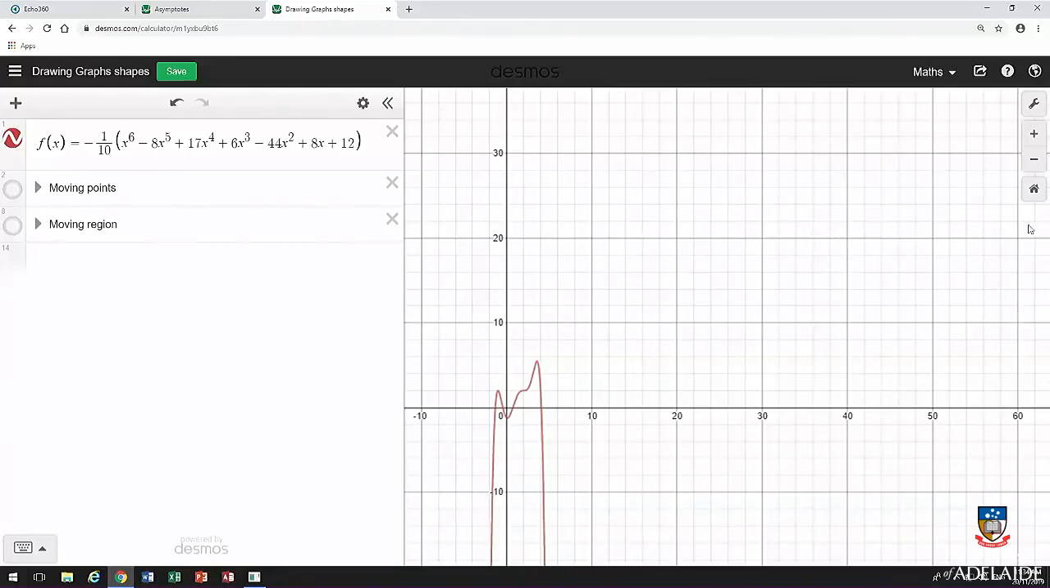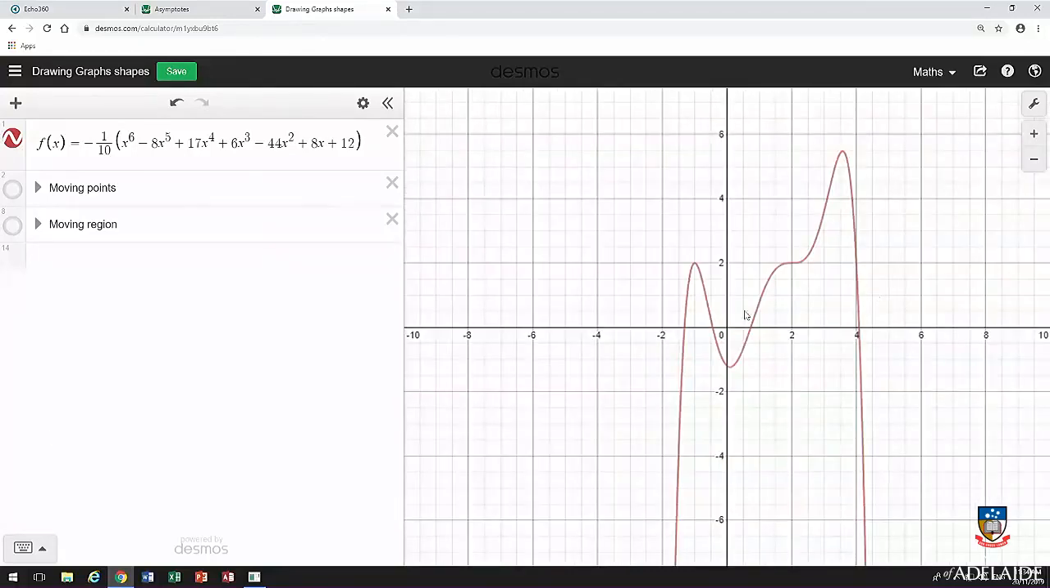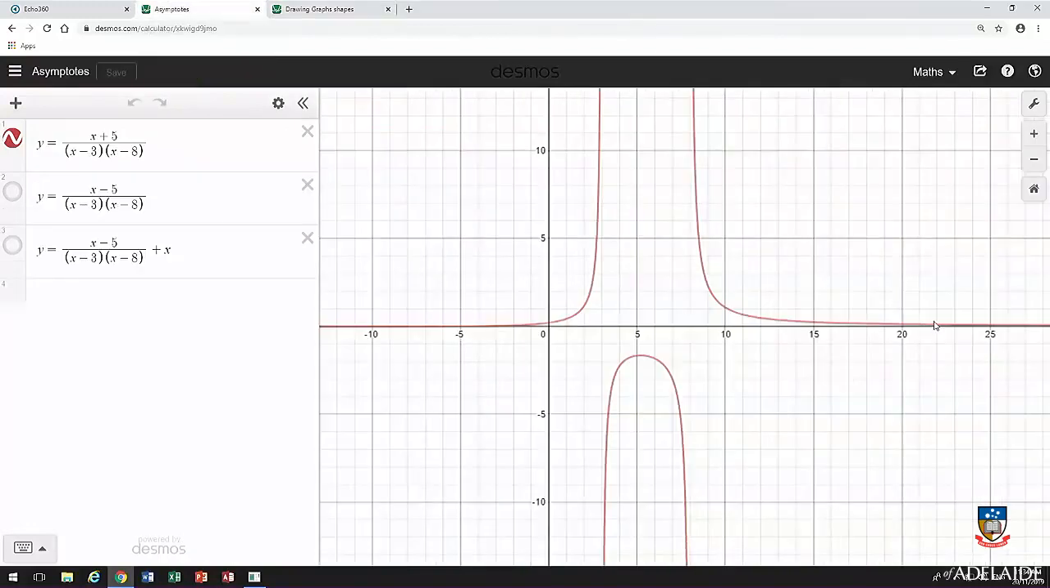Oh, where's my mouse gone? Okay. And this graph is, there's three graphs there, and I've turned two of them off so you can't see them. This one has issues when x is 3 and when x is 8. So it's a perfectly good rational function. The top is a polynomial, the bottom is a polynomial, because when I expand it out, I've got powers of x. It is undefined when the bottom is 0, and the bottom is 0 when x is 3 and when x